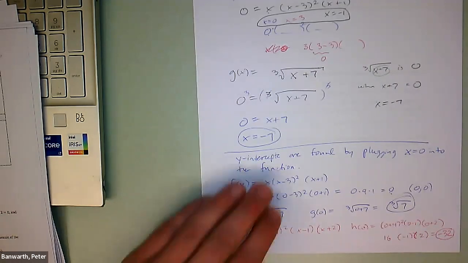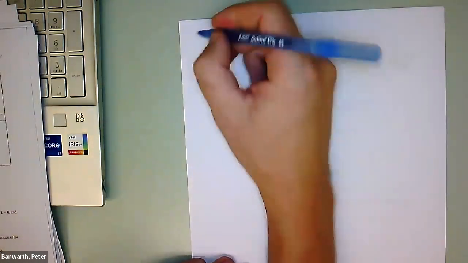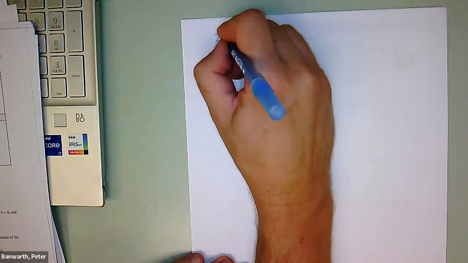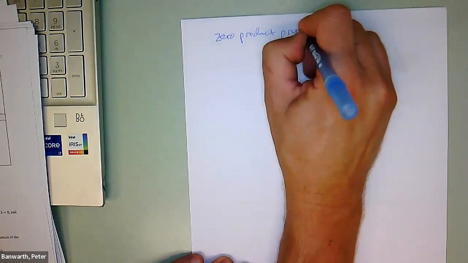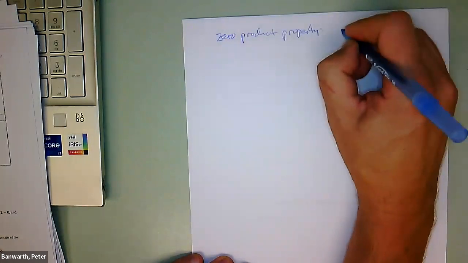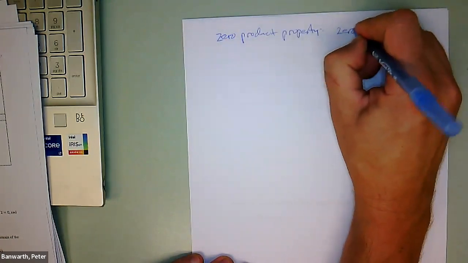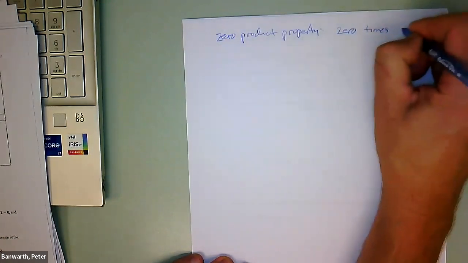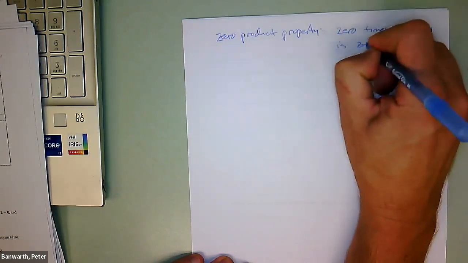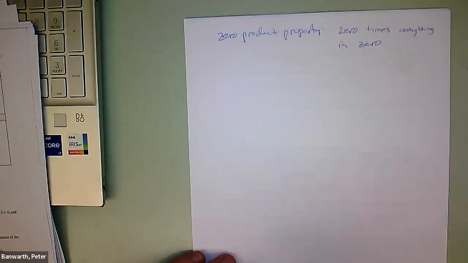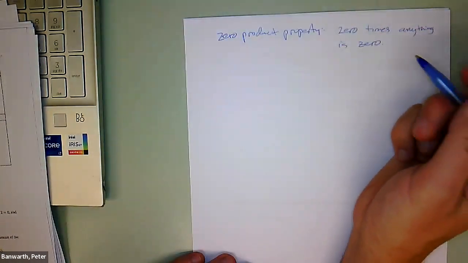That's how you find the y-intercepts. And zero product property is a fancy name for 0 times anything is 0. So if I have this really big, long, complicated